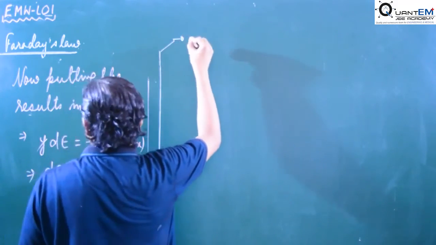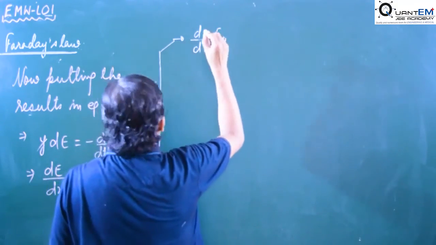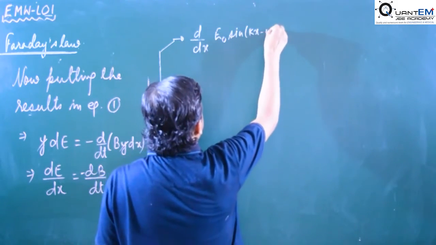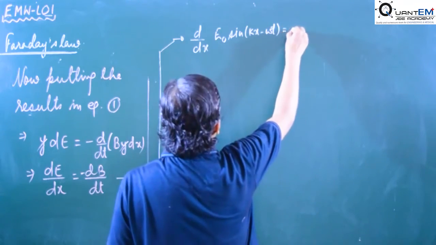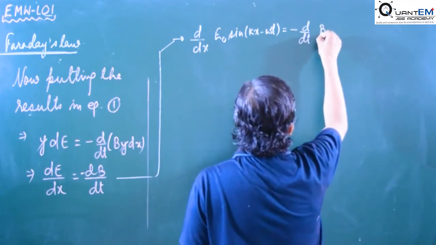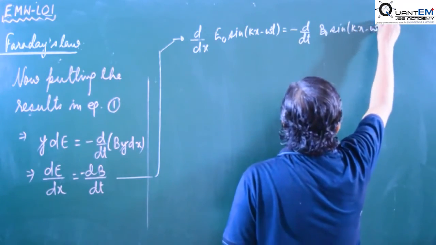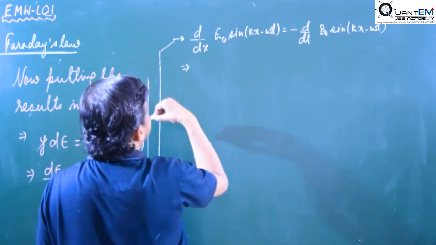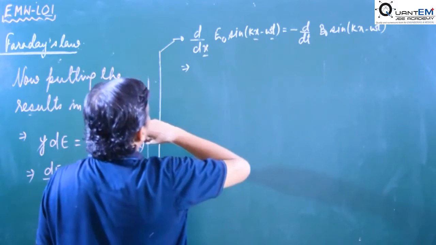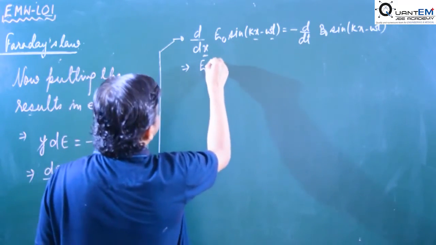What, d by dx of electric field E naught sin of kx minus omega t is equal to minus, in place of B we may write what, B naught sin of kx minus omega t. So what result we get, it is differentiated with respect to x, so time here is constant. So you get the result E naught k sin of kx minus omega t,